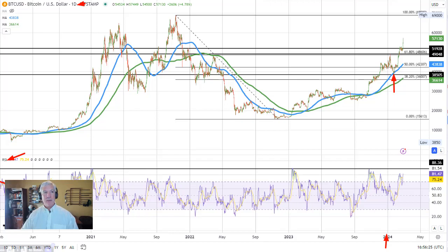That's the high of this blue area right through here. That 70 level generally signifies overbought conditions. And as you can see, if you go back in time, the price of Bitcoin has gotten overbought and continued to get overbought as the price trends to the upside. So that's a caveat that you have to be careful of. We are above the 70 level, but we're not near the high, let's say right here, where the RSI got up near 81.5. So there's room to roam to the upside, but there also is some